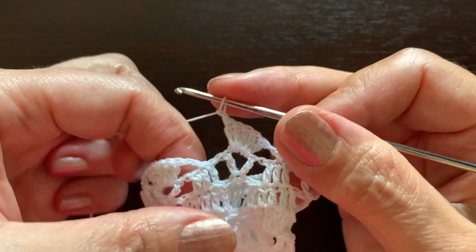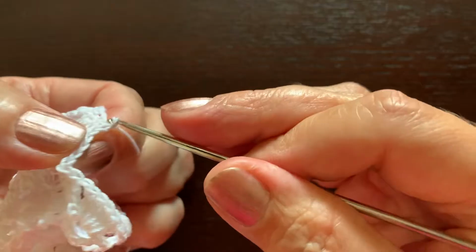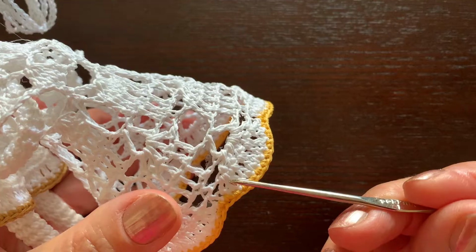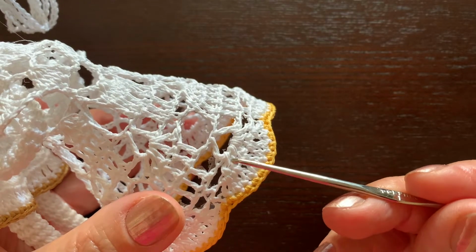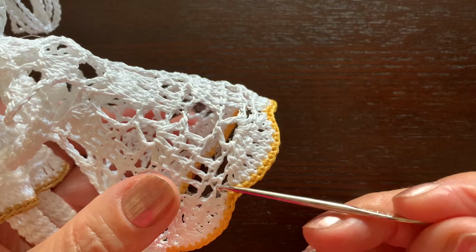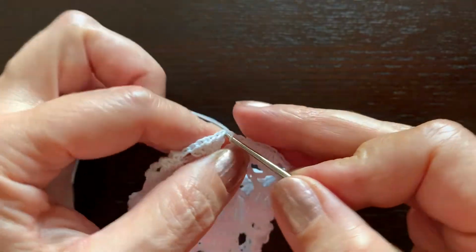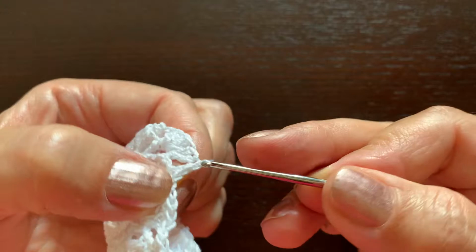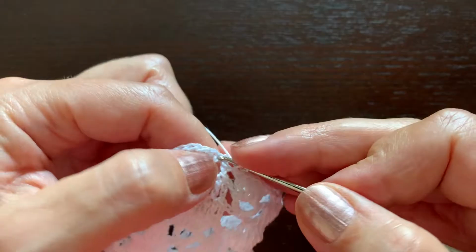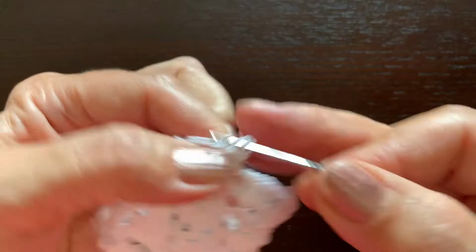The slip stitch at the end goes into this first chain, and in the next round we are going to make 2 double stitches in each of the 5 that we have here, with a single crochet between them. First of all, a slip stitch in the first double crochet, now chain 3 and a double stitch in the same stitch, 2 in the next one,